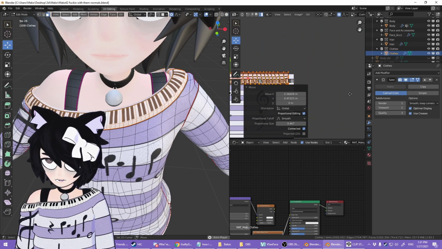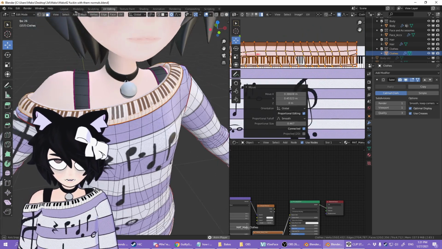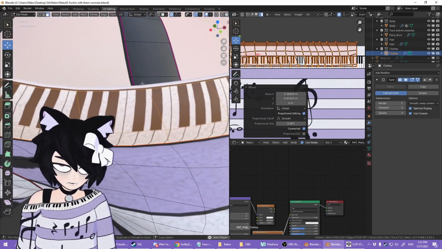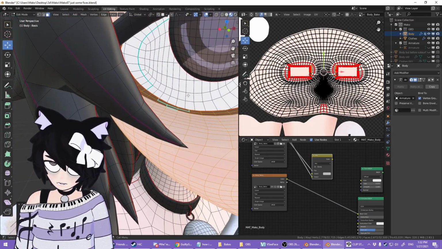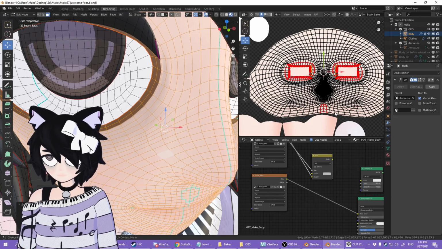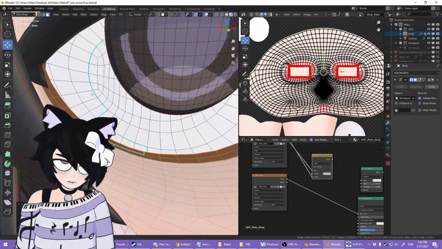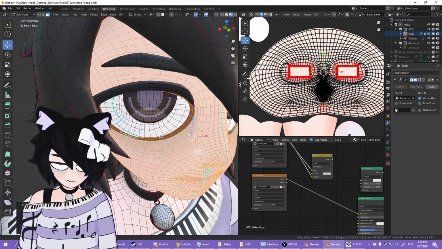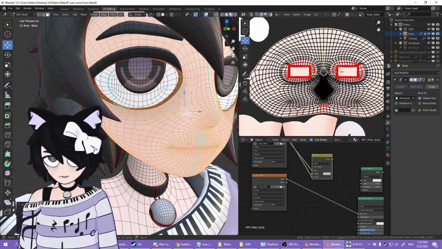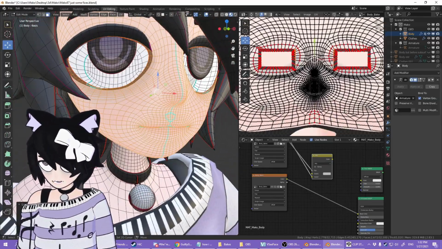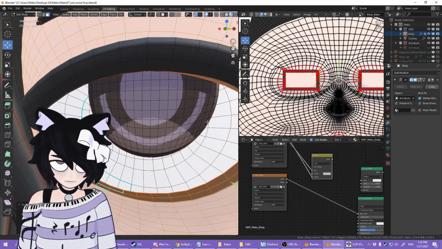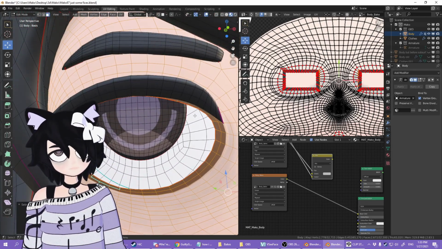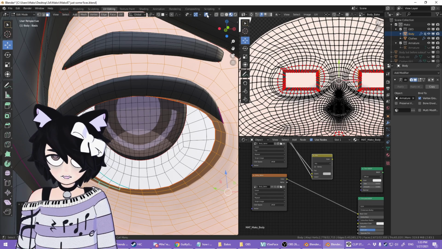And now I would do what I told you to do again, and it would look a little bit more how it should. Now the eyes here were a bit annoying. Ignore these blue lines. I don't entirely know why those appear. It has something to do with face normal editing, which I'll get to in a little bit. And see, I wanted my eyes to have an outline around the whole thing, because that's kind of just how I like drawing things. I like having an outline around the whole thing instead of just the top.